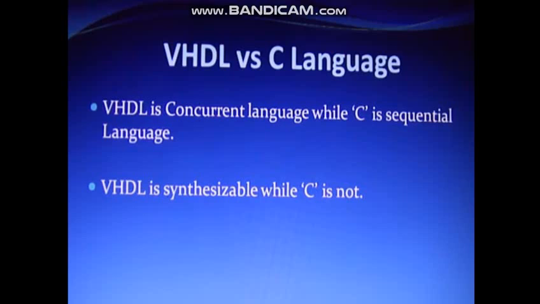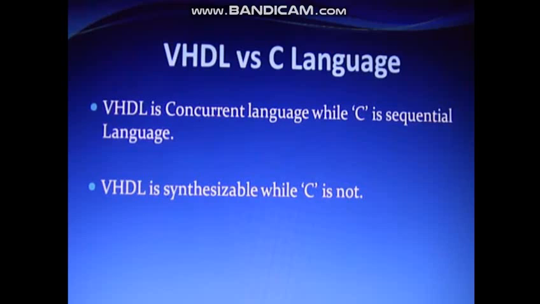As you are now in third year, you already studied C and C++. Then what exactly is the difference between VHDL and the C language? You may think this was already discussed in the previous video, but still we are revising it once again. Here we are focusing on the programming terms. From this video onwards, the videos are related to programming. This part is very important. If you clear your concept here, you can write each and every program very easily.